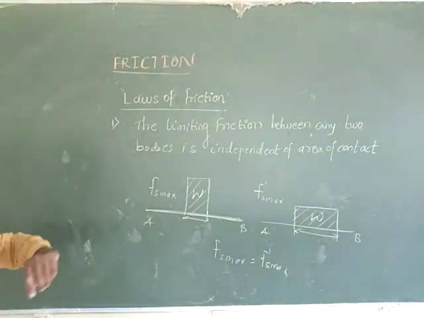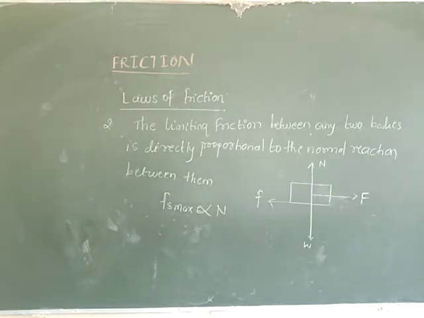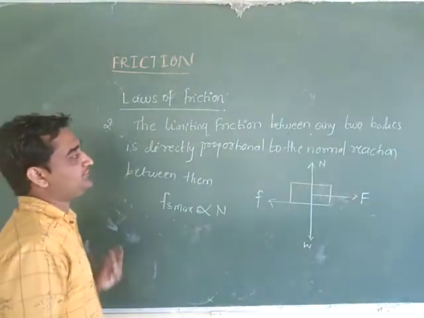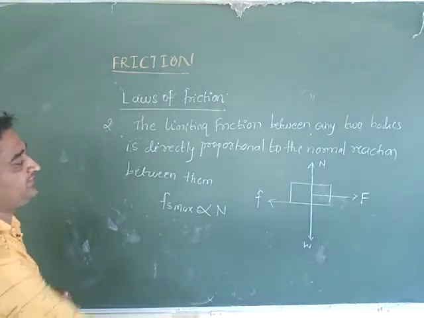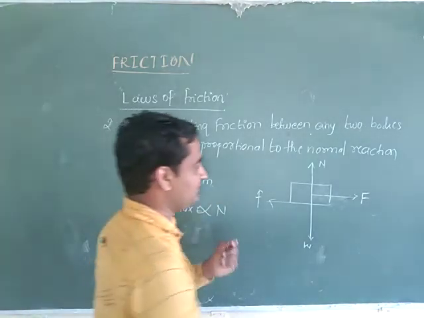The limiting friction between any two bodies is independent of area of contact, right. Now let us see the next law of friction. The second law of friction: the limiting friction between any two bodies is directly proportional to the normal reaction between them. So let us consider